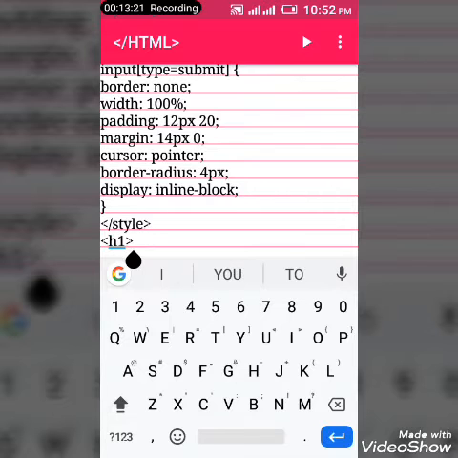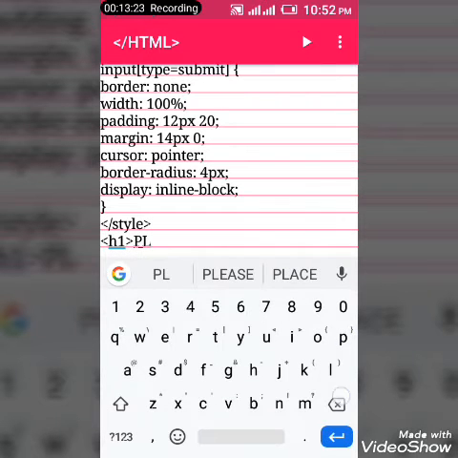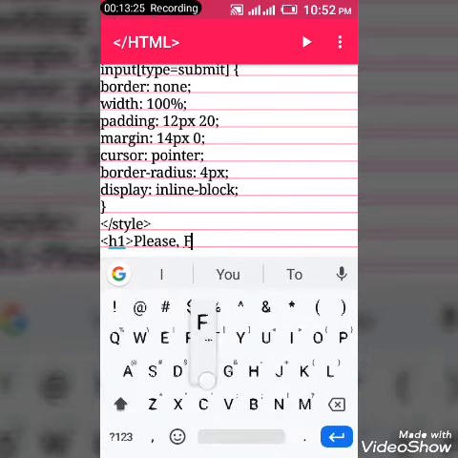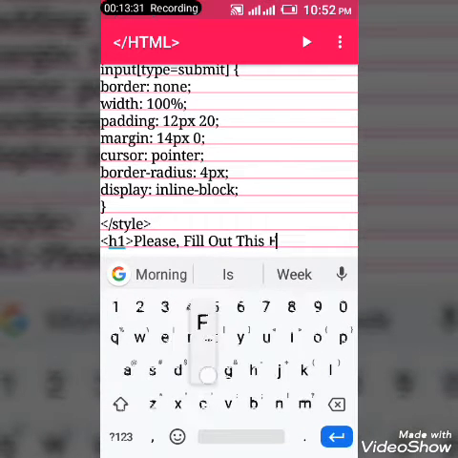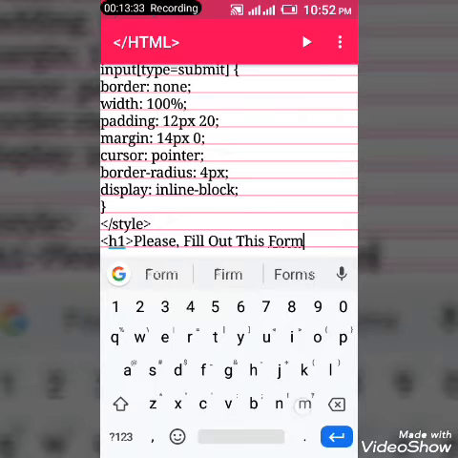So let's say, please fill out this form. Please fill out this form. I'm just rushing ahead for you beginners so that you won't get lost right in the middle of what we are doing. So you close your heading 1 tag,